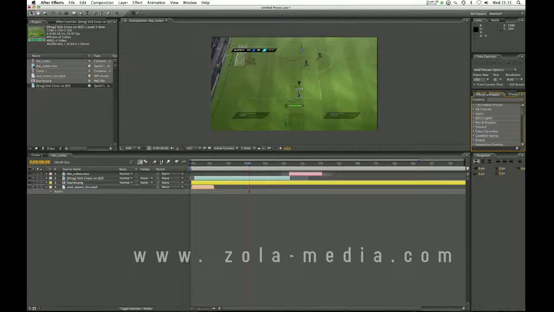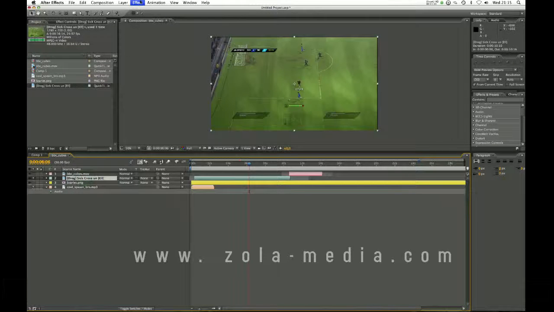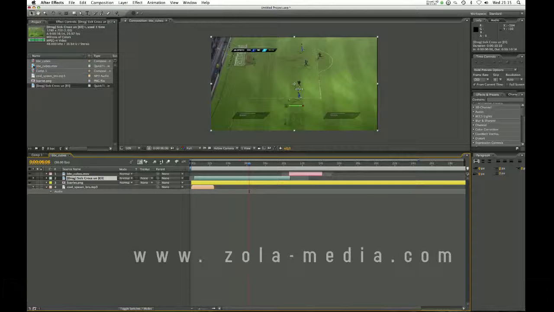If you go to effects and presets, we're going to choose a blur, so if you move down to blur and sharpen, you can also go effect. If you want to use this menu, these are all grayed out right now, you would have to select the layer, and then can you see all the things that you can apply to it will be in black, but I'm going to be doing it this way because basically if you know what you're looking for you can type it in and find it faster. But, I'm going to twirl down blur and just